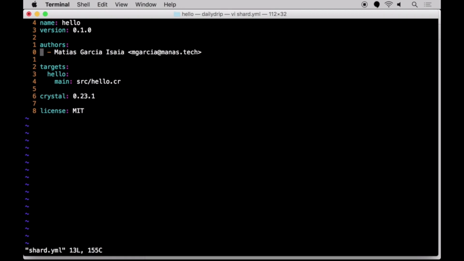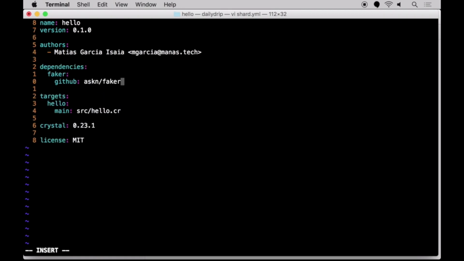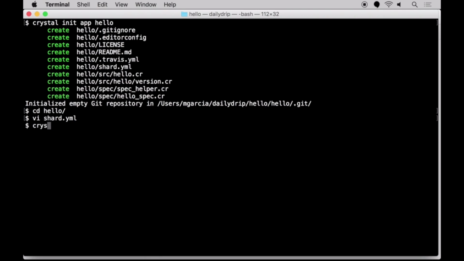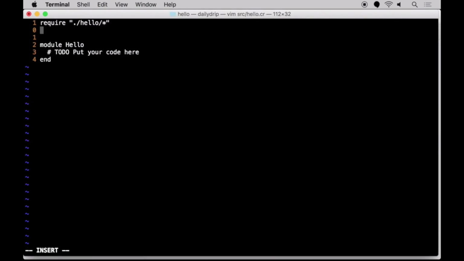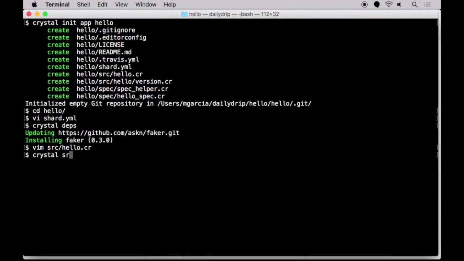As a very quick example, let's add the faker shard, which generates random names. We install the dependencies listed running Crystal deps. Now, we can require the library and use it from our code. And if we run our project,